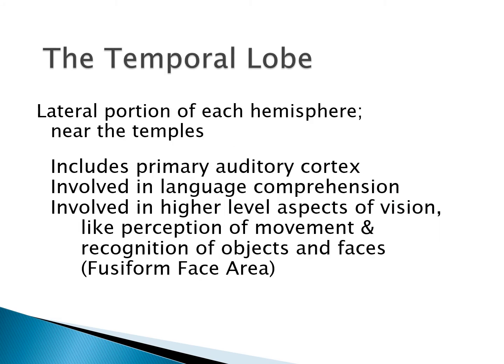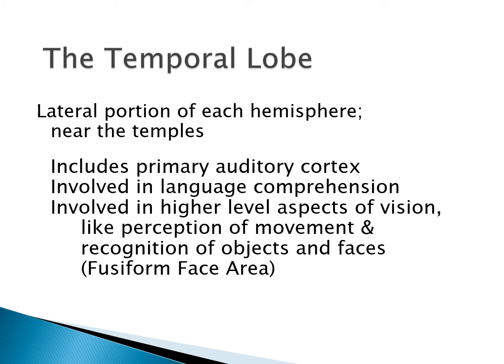So now we're ventral to the parietal lobes, but in the lateral portion of each hemisphere. The temporal lobes are really named for being near the temples, so right there at the temples. And as I said with the original slide of just the four lobes, the temporal lobes include the primary auditory cortex. So this is where we are getting our first